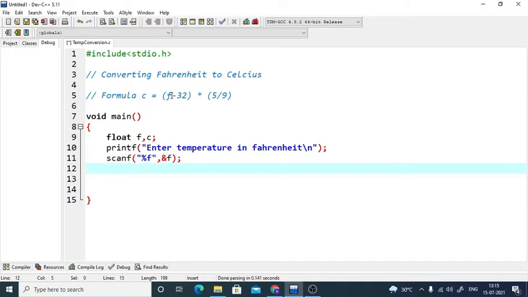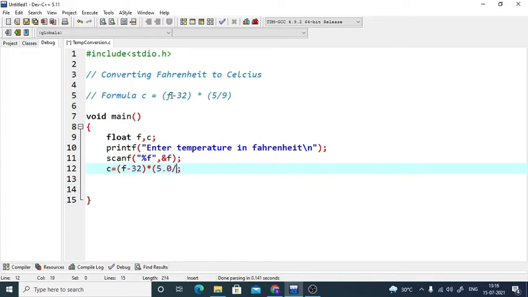Now we are going to apply the formula. So C is equal to (F minus 32) into, in a bracket, 5 by 9. I'm currently just writing the way we see the formula mathematically. Why will it not be suitable when we do it programmatically? Because 5 divided by 9 is simply going to give you 0, and we'll have the answer as 0 because 0 into anything is 0. We don't want that. We want the actual answer for 5 by 9, so it has to be 5.0 by 9, and that will solve the problem.